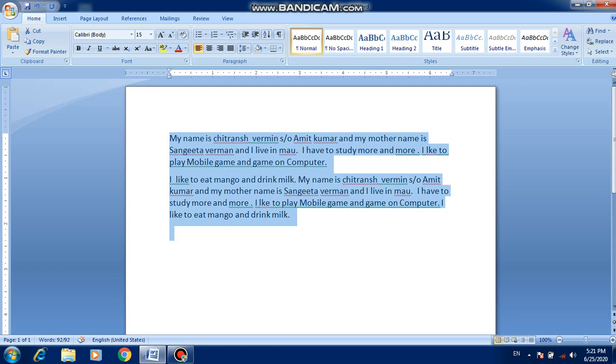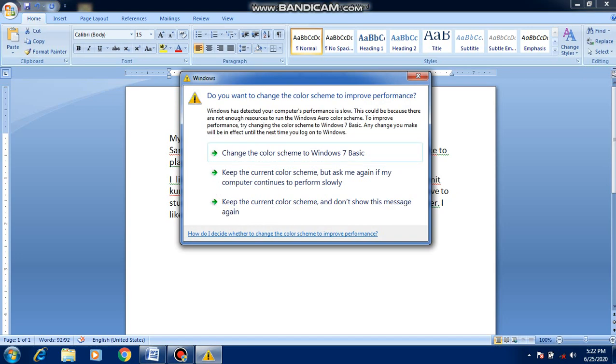Left indent sets the starting point of all lines in a paragraph from the margin. Right indent sets the end point of all lines in a paragraph from the margin. First line indent sets the starting point of the first line of a paragraph from the margin. Hanging indent sets the starting point of all the lines except the first line. Now listen how to apply paragraph indent.